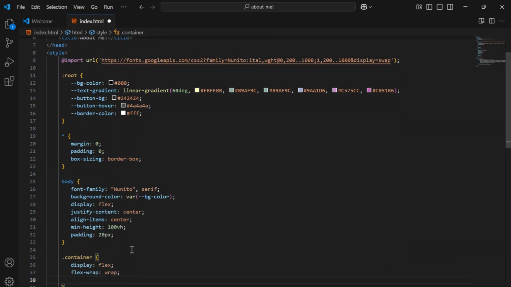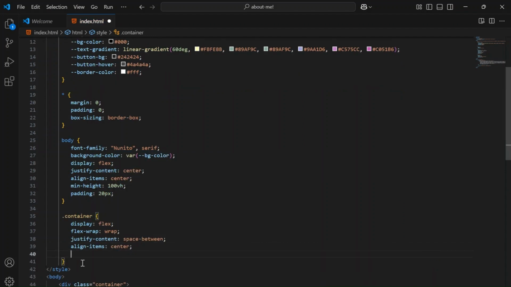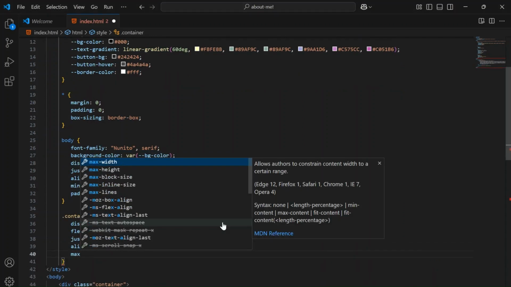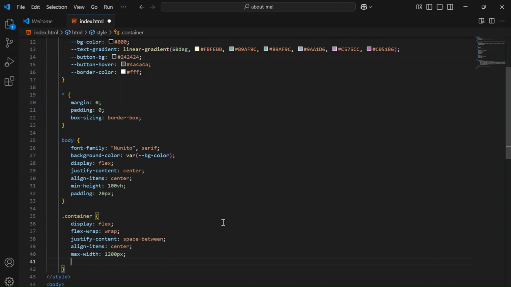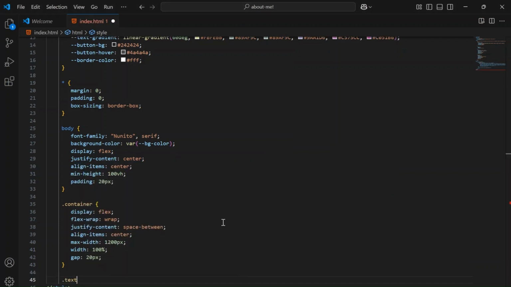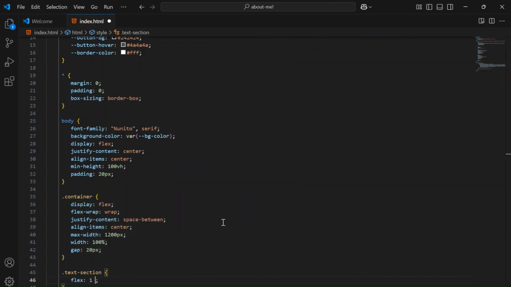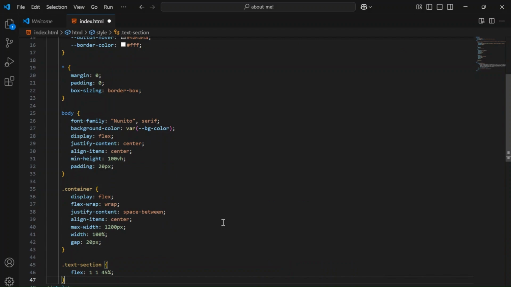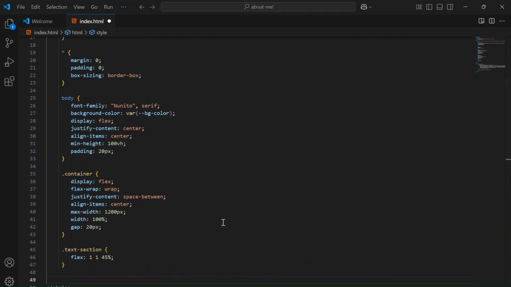Now we can start styling the container class and text section class. We also style the text section class with flex 1 1 45%.